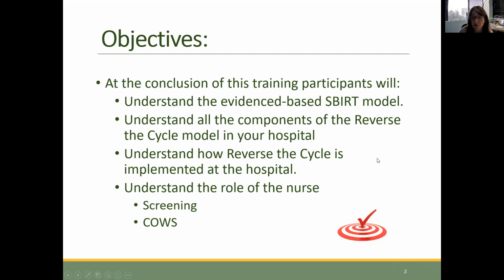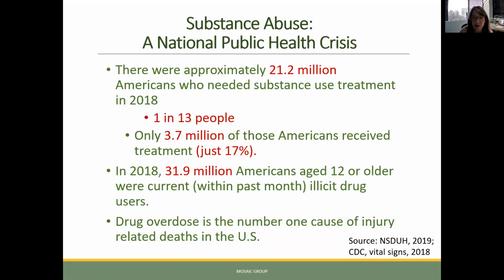I'm going to explain the different components of the comprehensive program that we're putting in place at Raleigh General. And we're going to really focus on how this is getting implemented and your nursing role in the screening process and in another vital component that will help us respond to patients with opiate use that are coming in the